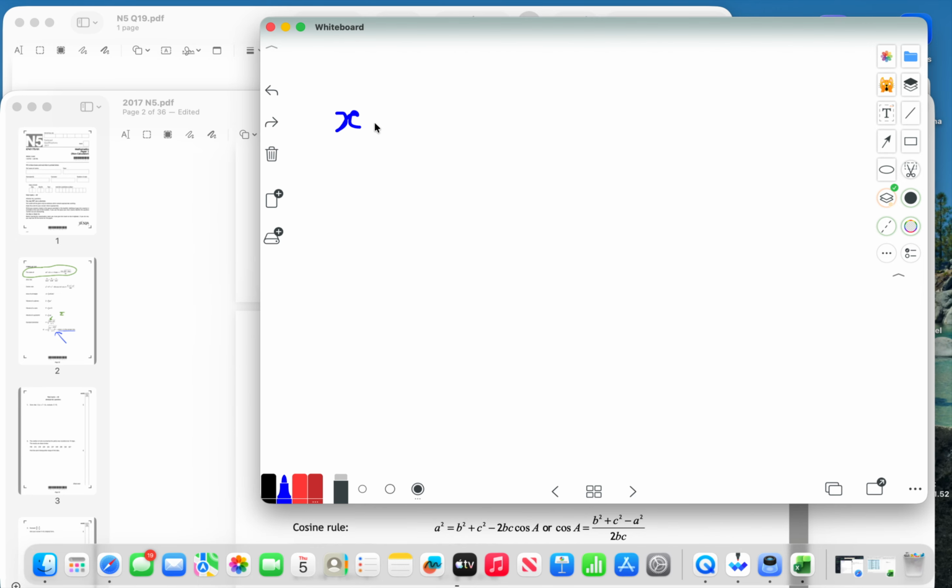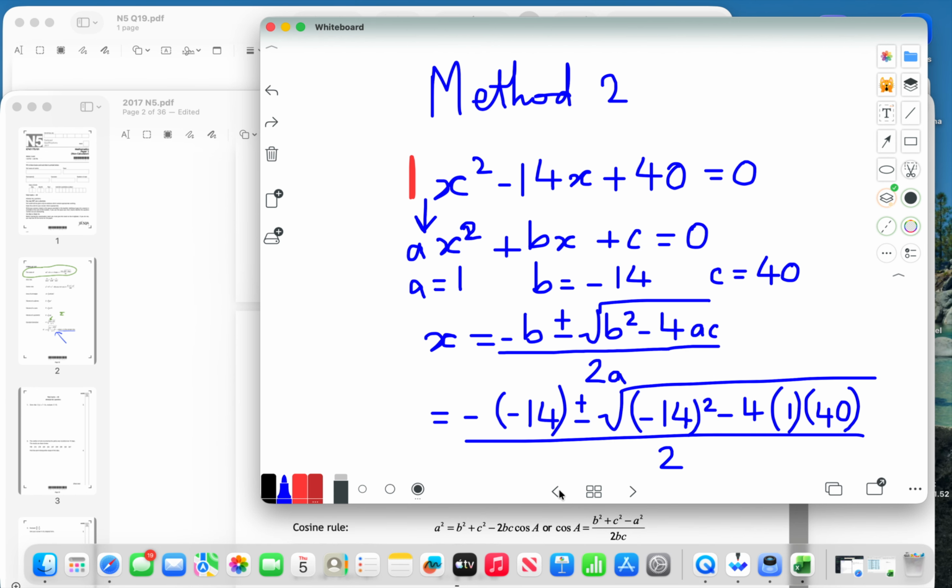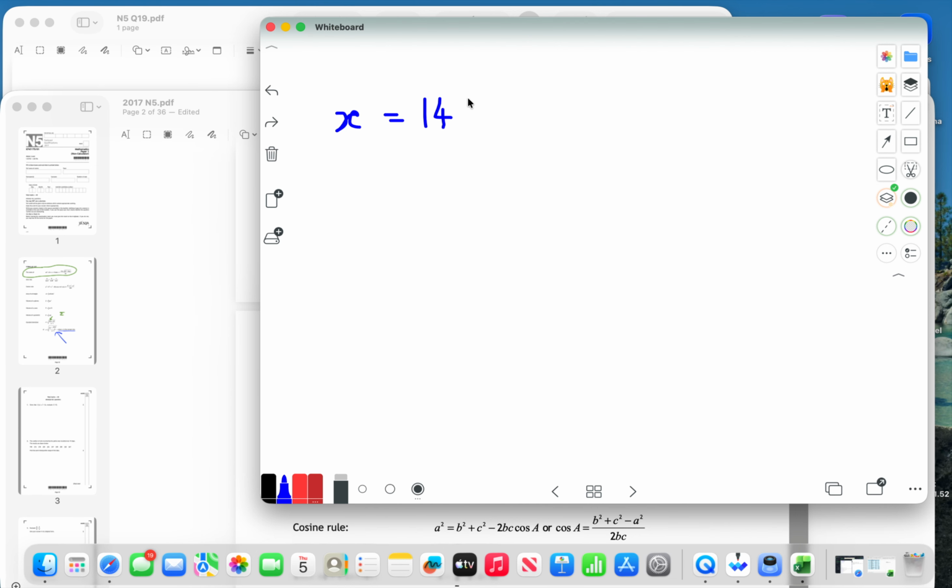So minus 14 is 14. Two negatives make a positive, but two wrongs don't make a right. Interesting one, that. Anyway, plus, minus,